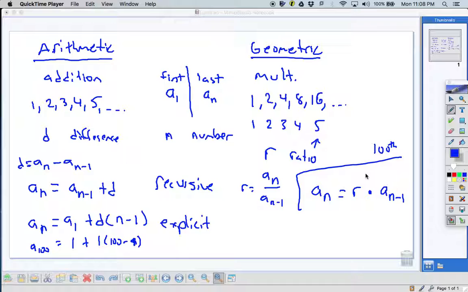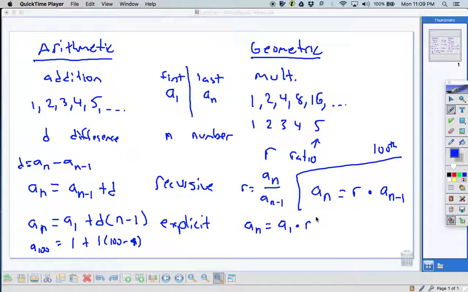And we're going to do the same thing over here with the geometric. So just like with arithmetic, we're going to find our a sub n, and it's going to start with our first number, because we always have to know where to start. And what are we doing right here? Well, we're multiplying by 2 repeatedly. So we're going to start with our first number, we multiplied it by 2, and multiplied it by 2 again, and 2 again, and 2 again. So we're going to start with our number, and we're going to multiply this by r. Okay? But what we need to know is how many times we're multiplying it by r, and we denote that with